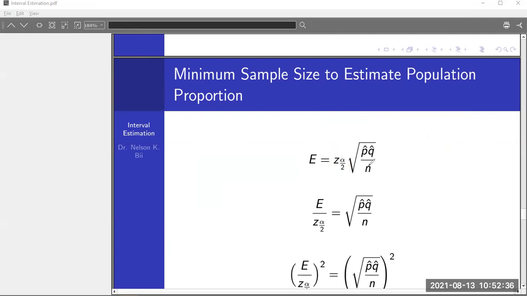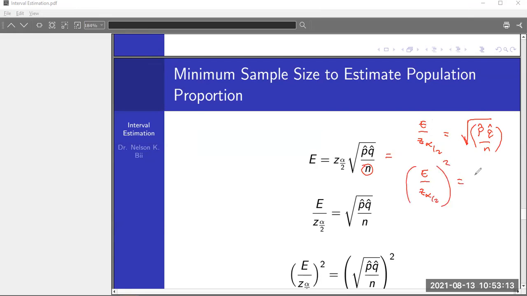So we simply want to make N the subject of the formula. First of all, you can divide both sides by Z alpha by 2, so that we remain with the square root of PQ by N. How do you remove this square root on the right-hand side? We square both sides, isn't it? So when you square both sides, you have the error divided by the value of Z